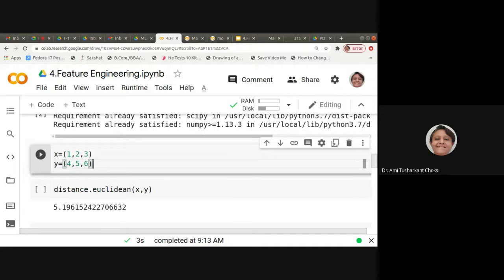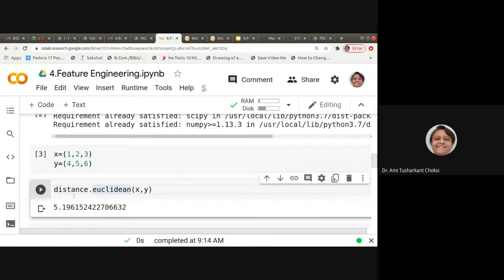Both are tuples. Let me run this so that it exists; without running it, it will not exist, though you can see results here from a past run. So now we have to run this also. How do we find the Euclidean distance? For that we can say distance.euclidean(x, y).